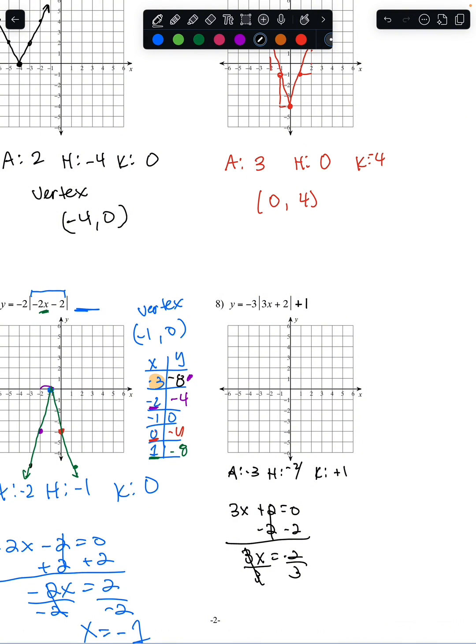Ugh. That point is not nice. I'm about to erase this because we're going to need some space to do some of our math. So I'm going to erase this because we don't need that. All right, so now that I know my vertex is at negative 2/3, comma 1,